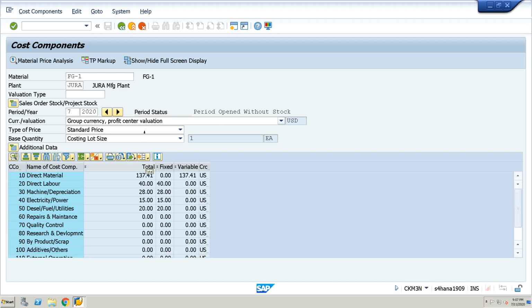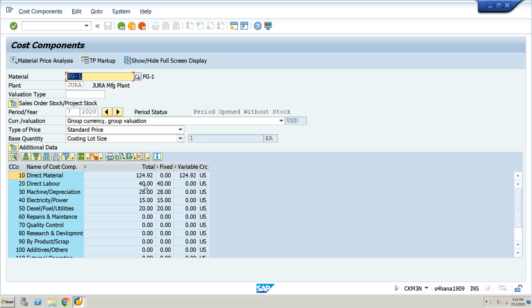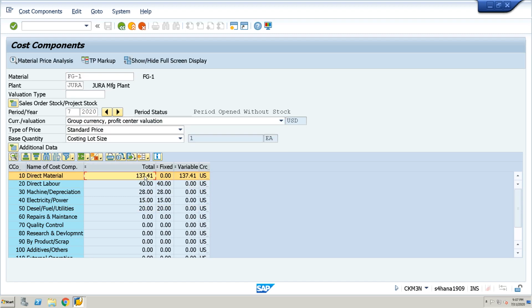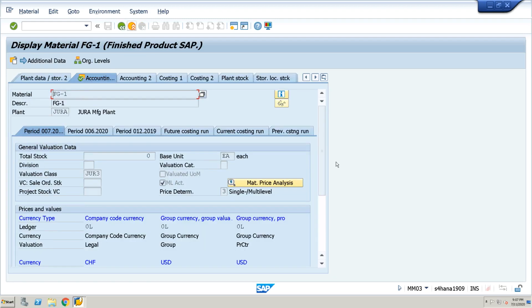Here group valuation and profit center valuation are all same except raw material cost. If you observe profit center valuation 40, 28, 50, 20. Here group valuation also same 40, 28, 15, 20. But coming to the raw material cost, we added extra 124. That 124 added to the profit center valuation. 124, 10%. Then become a 137. That 137 added. This way transfer price will work for standard cost estimation,